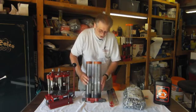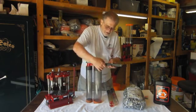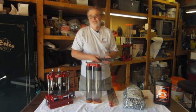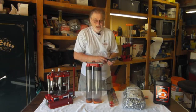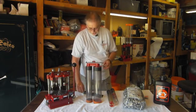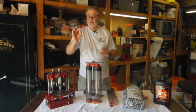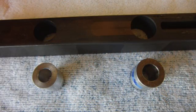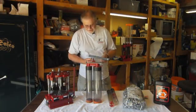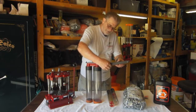It also uses bushings. Steve went through and showed you getting a recipe, figuring out how much powder you need to drop, how much shot you're going to drop. And these bushings, a shot bushing and a powder bushing, just slide into the bar, which slides back and forth every time the press is cycled. And I'm going to be loading 7/8 of an ounce of